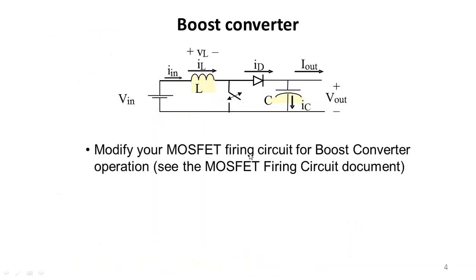Now let us see the boost converter circuit, how it goes. It is just a simple limiting circuit. You have to always limit your output voltage to 120 volt, because it is to be PV operated. We have to limit it to 120 volt because we have limited your capacitor to 240 volt. So we have to design our boost converter according to it. The design process and all those things we'll see in the upcoming slides or explanations.